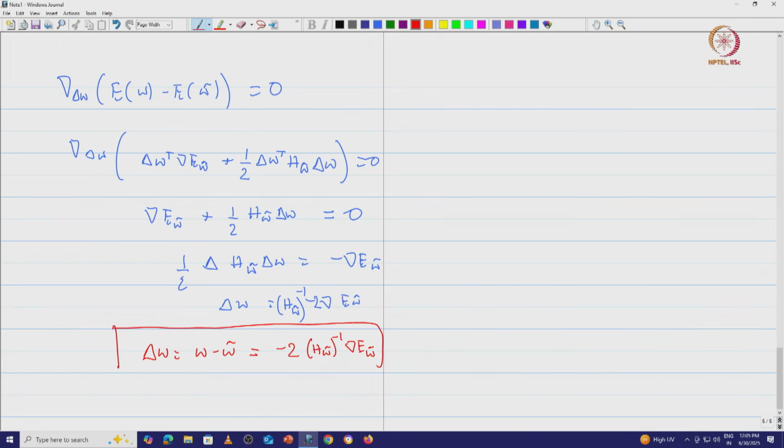Now supposing omega hat, we can look at omega hat as omega tau, and omega as omega tau plus 1. So what are we trying to do? We are trying to look at the iterative step in a different way, and we want to arrive at how to take the step size. Now this gives us a particular way of arriving at the step size.